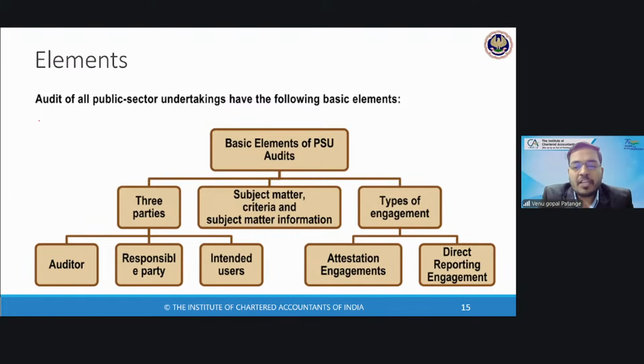Any guess? Anyone wants to try? See, what are the elements of PSU? Three parties, right? So let us talk about a simple company where you have management,